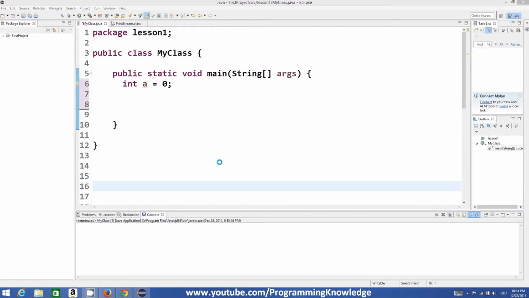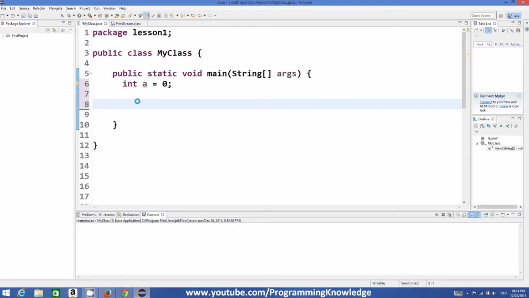In this video we will see what loops are, and we will also see how to use the while loop, which is the most basic kind of loop in Java. So first of all, what is a loop? A loop is a piece of code or statement which executes some block of code again and again until some condition is met. For example, if you want to execute some block of code again and again in Java without rewriting it, a loop will help you do exactly that.